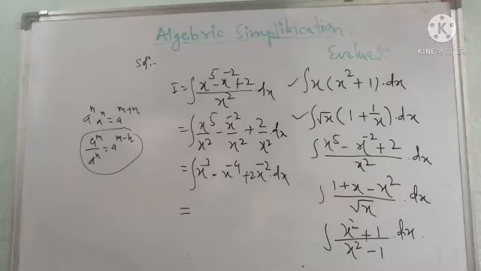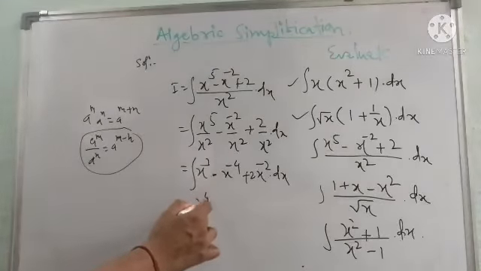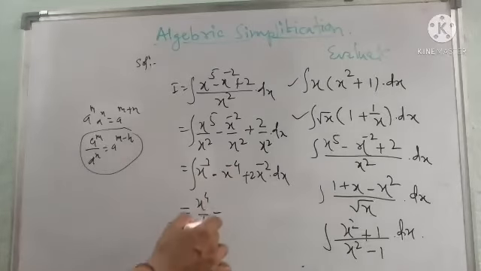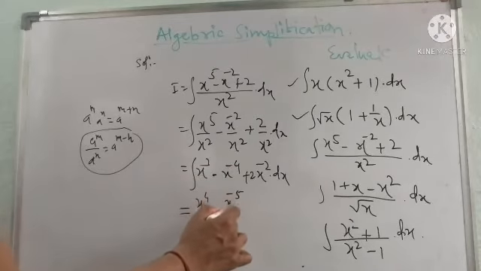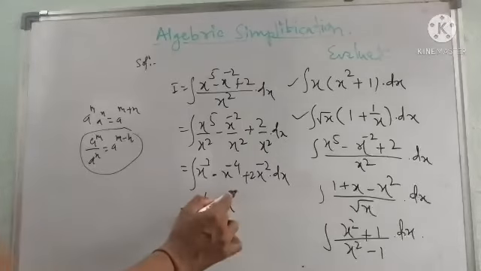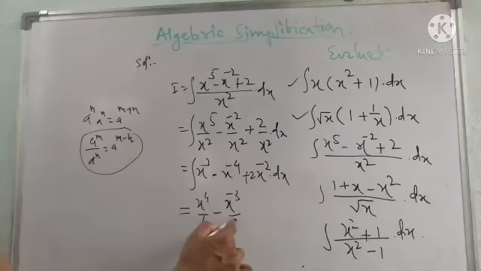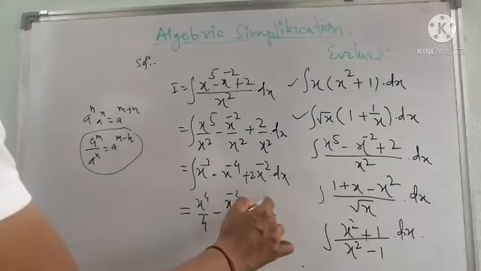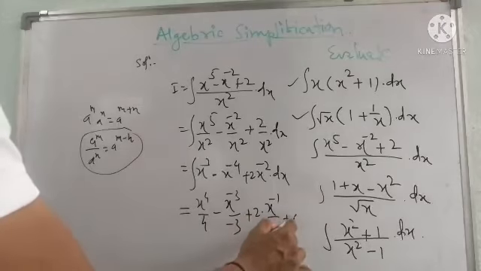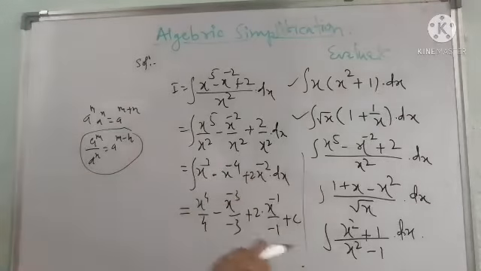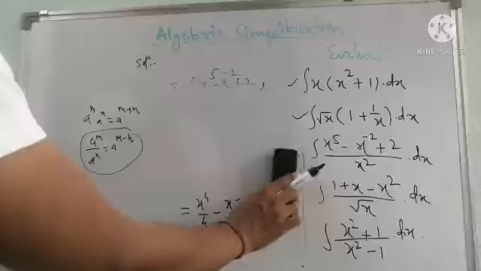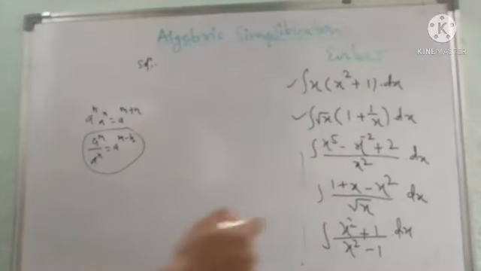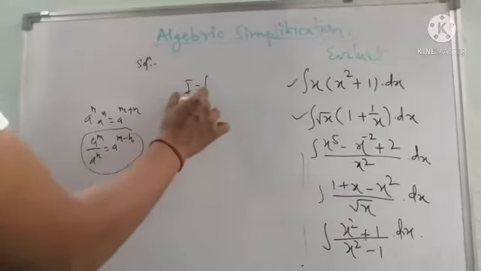I again take separate integration of each term. Integration of x cube is x raised to 4 upon 4, minus integration of x raised to minus 4, which will be x raised to minus 3 (as minus 4 plus 1 is minus 3) divided by minus 3, plus 2 constant, and integration of minus 2 will be x raised to minus 2 plus 1, minus 1, divided by minus 1, plus c, which we have to put. Okay, now we continue for the next example, that is I is equal to integration of 1